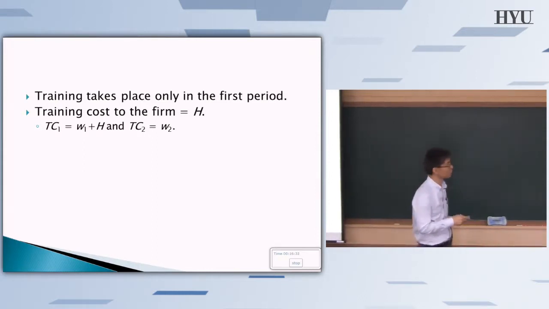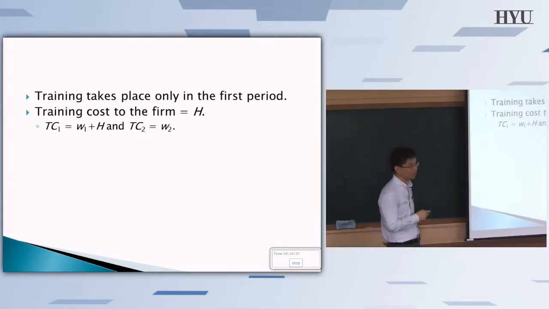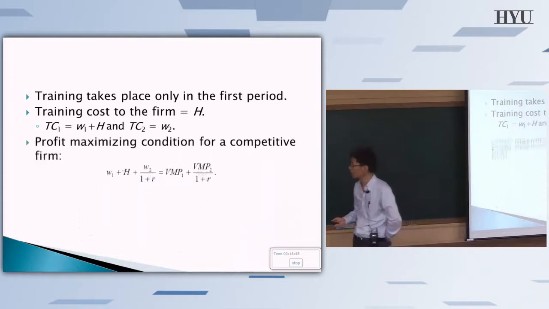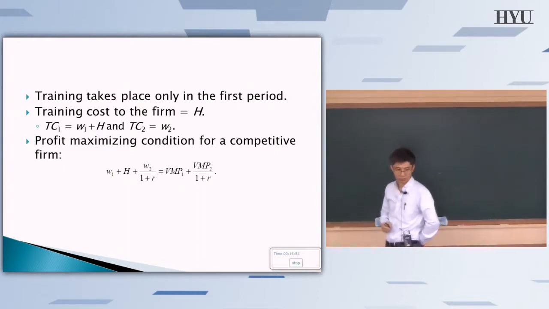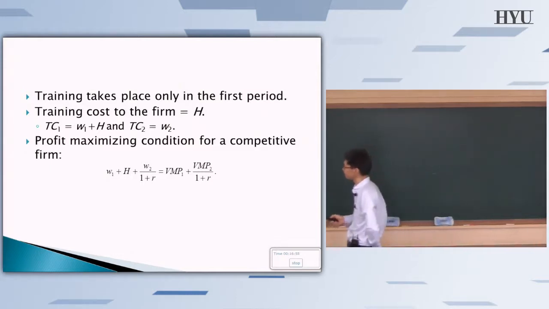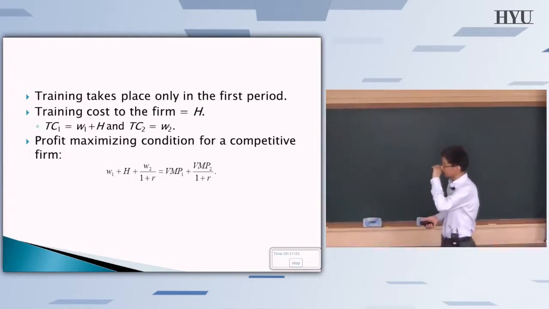Or even if there is training, if the firm doesn't pay anything, then H can be 0. Okay. So TC1 is W1 plus H, and for TC2, there is no training, so it's just the wage. So we can say that the condition must be W1 plus H plus W2 divided by 1 plus R must equal this. Okay? Get it? That makes sense? Okay, so given this very simple model,